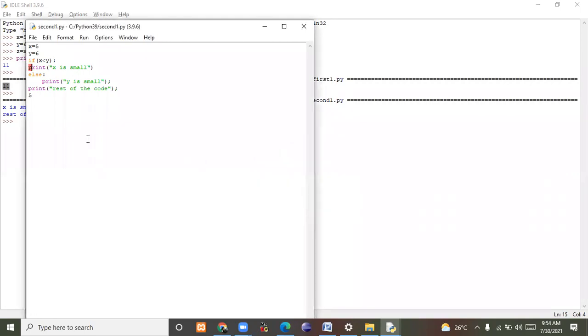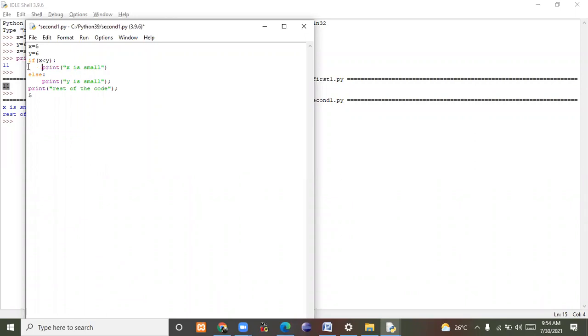So the if condition is not known to have any statement, because the print doesn't have any indentation. After if you should have a statement, right? But here you don't have any statement yet, so it will complain like that.